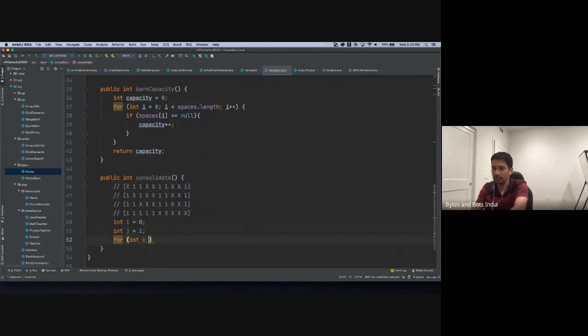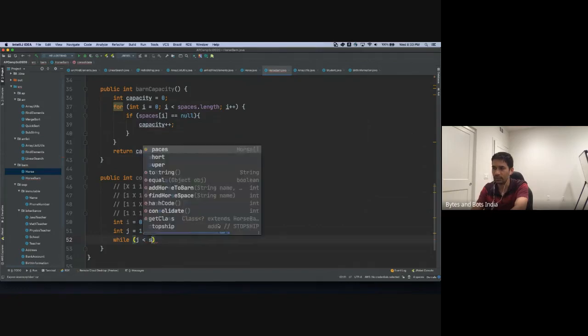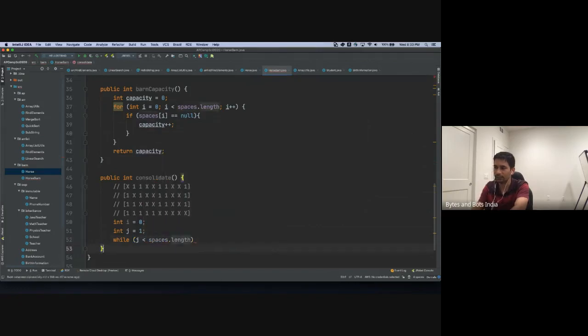We really don't need it, or you know what, actually, we don't need it. Say while j is less than spaces dot length. So j cannot exceed beyond the length. If spaces at index i is equal to null,